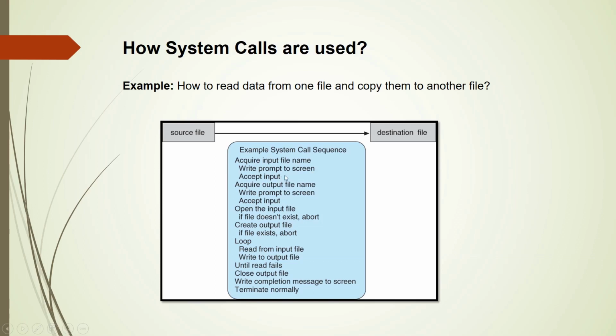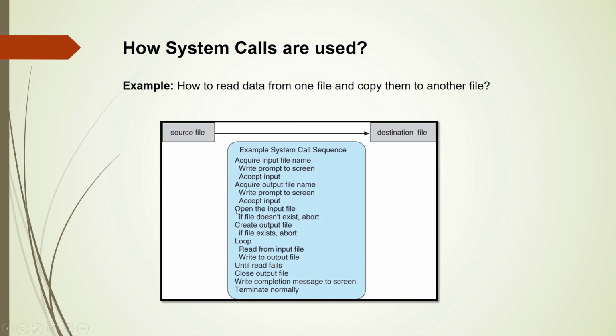Second, the user enters the name of the file using the keyboard, one more system call, and the same step is repeated for the destination file. So up to this point we see 4 system calls being used, and to be more specific, these are input output system calls.